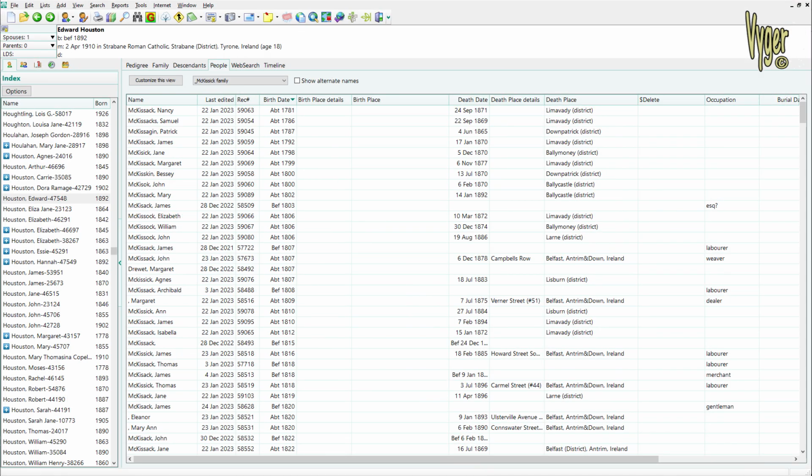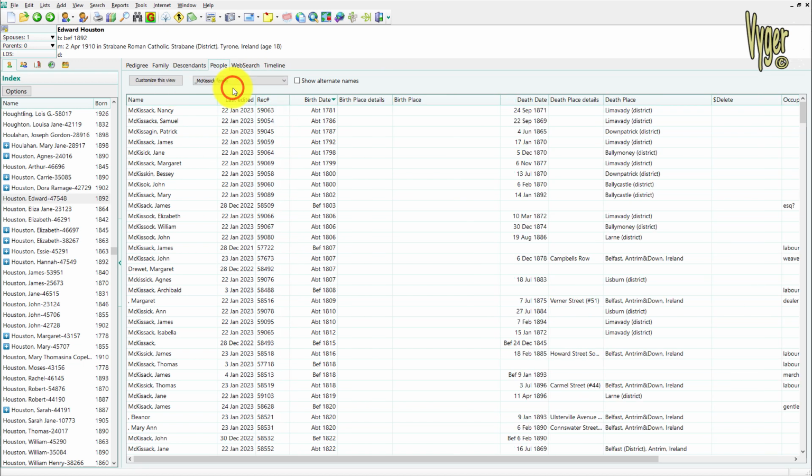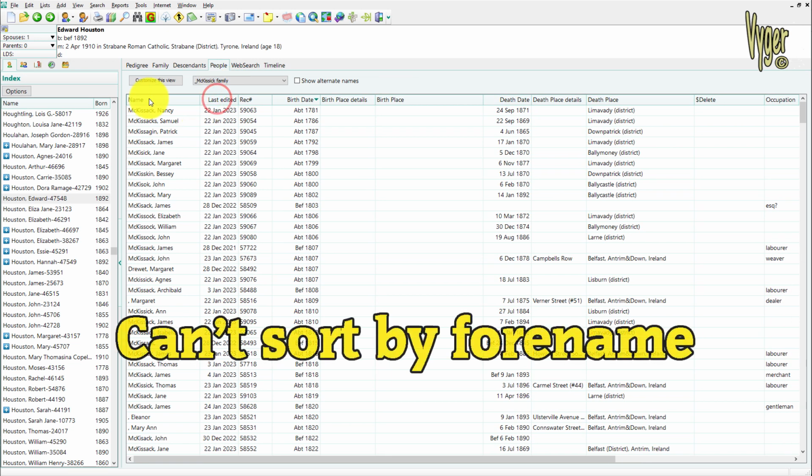This is typically the screen in Rootsmagic 7 that I use to identify possible duplicates. Now, there's one slight problem, and it hasn't been overcome. I think there may be a slight way around it in Rootsmagic 8, but essentially nothing here has changed. I have created a family group, and on People View I am sorting by that family group. But what I can't do, I can sort by the name, but I can't sort by different spellings. I'll show you Family Historian very soon.